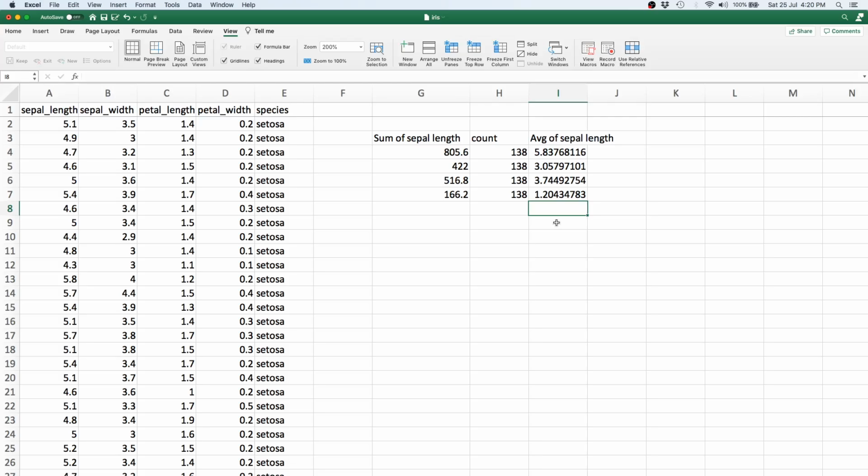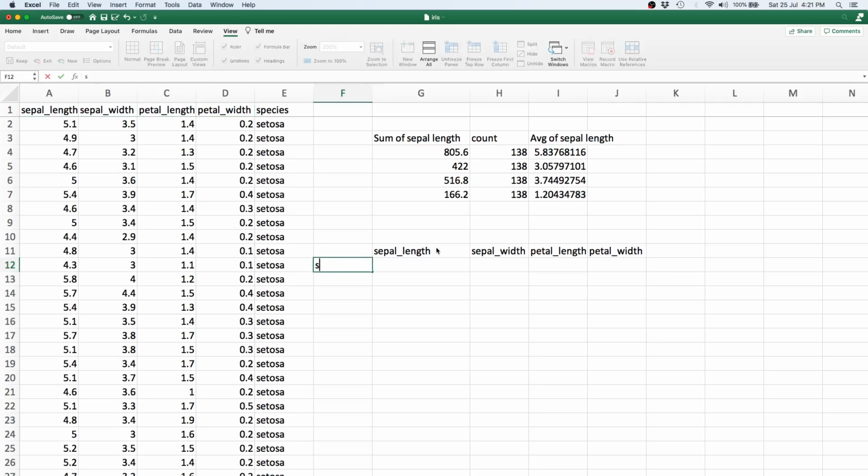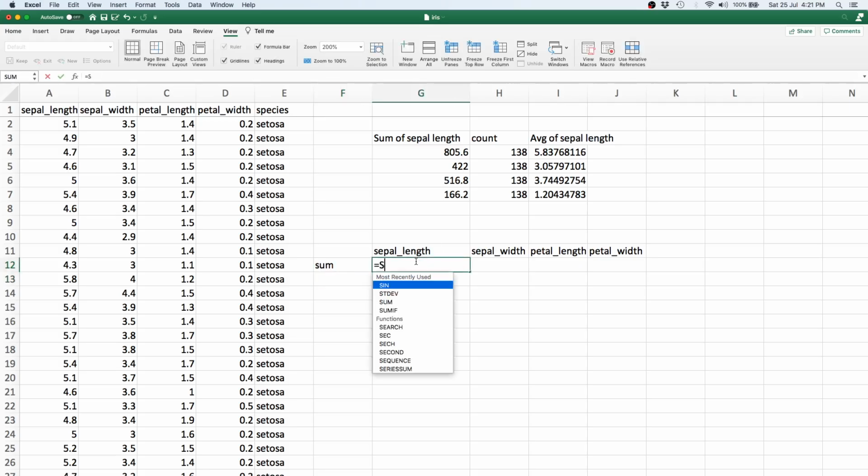Now actually, instead of doing each of these steps manually, there is a smarter way to do this. Let us write down the names of our columns over here. So let me just copy these names, and let's say that we type them down over here, and let's say that here I want the sum. So basically when I do a sum of A to A, that gives me my sum 805.86. Now I don't really have to copy and paste the same formula everywhere else. What I can do simply is drag this. So when I drag this particular formula, you see that it automatically scales to figure out the correct formula substitution for the rest of the columns.